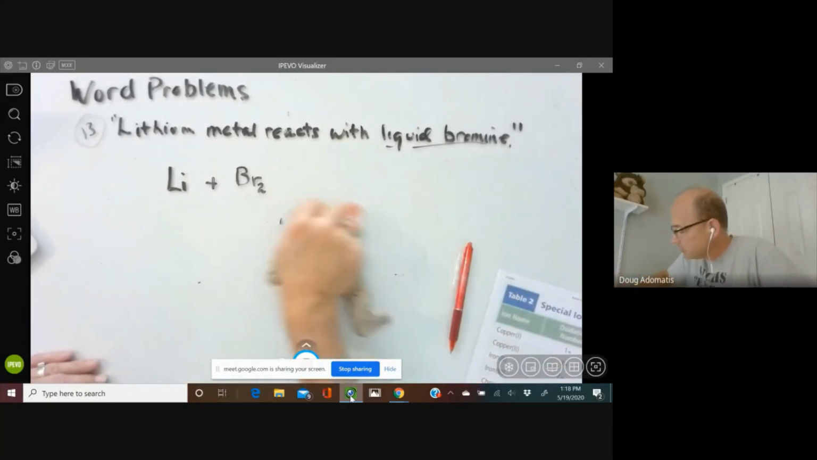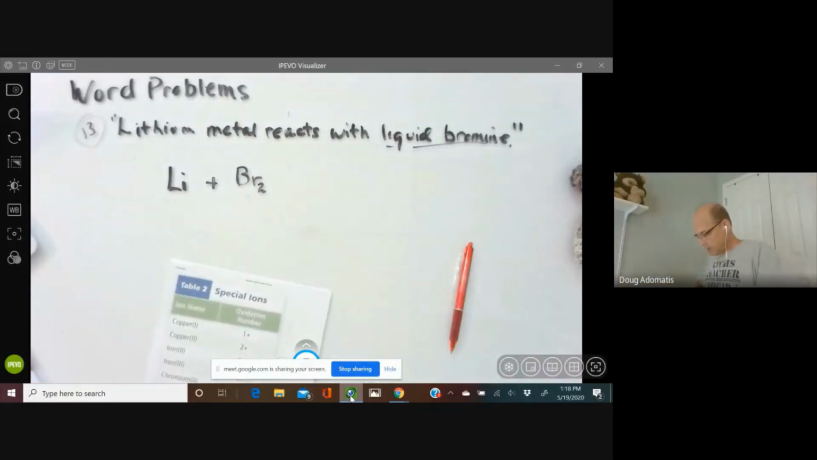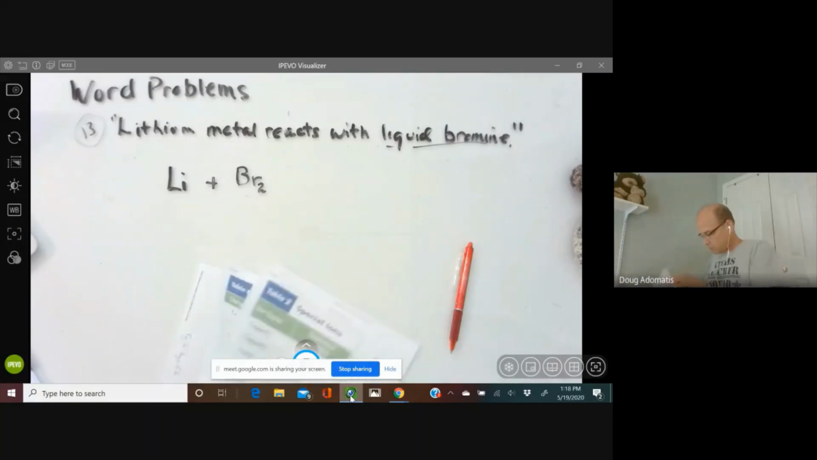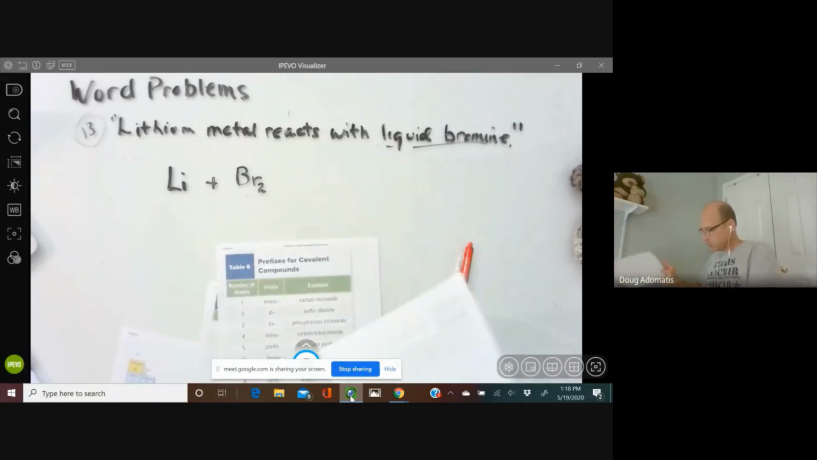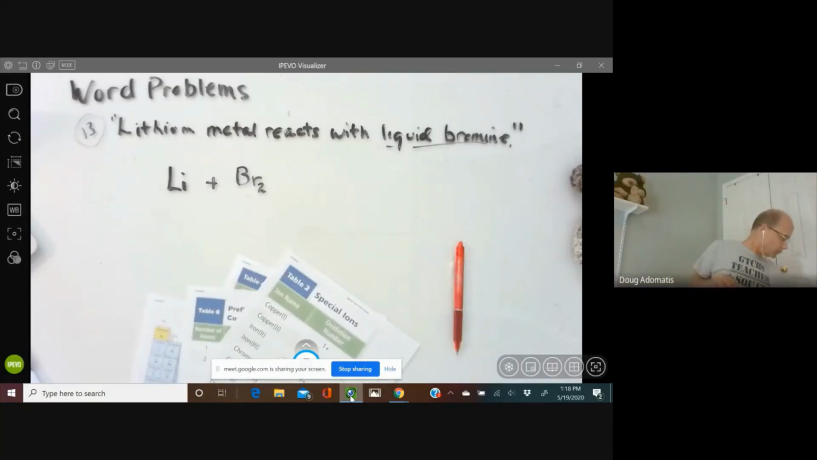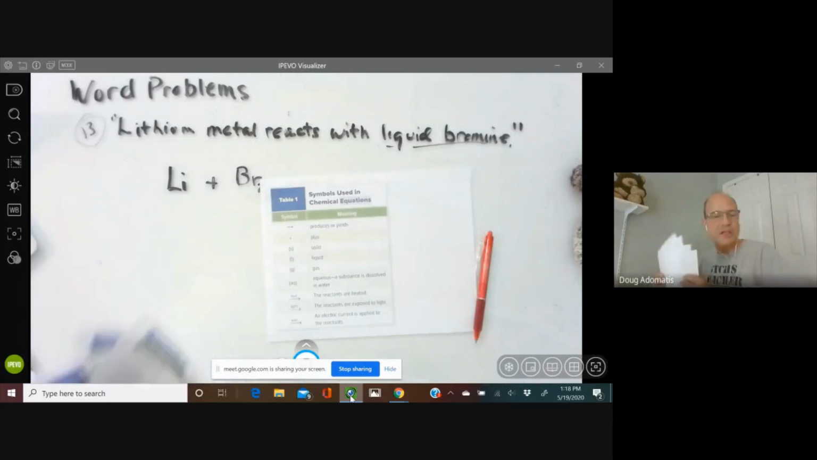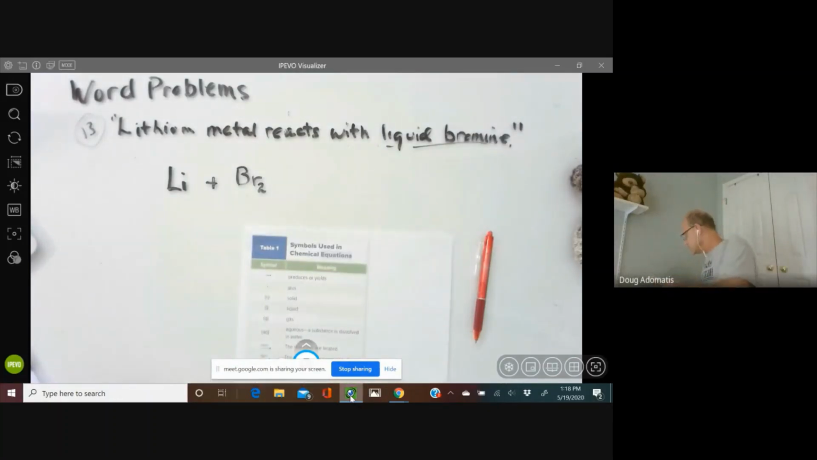Now, the other thing that you need to know is on that table on page 535. Okay. Page 535, there's this table of additional symbols used in chemical equations. All right. Now, we know that